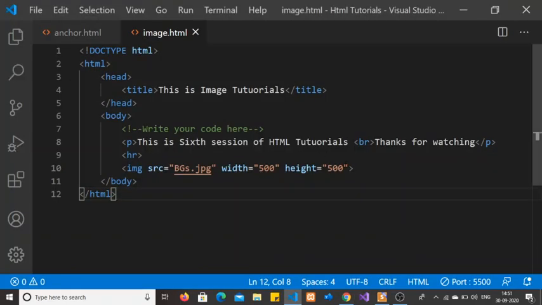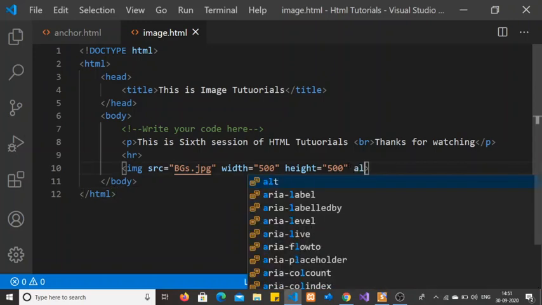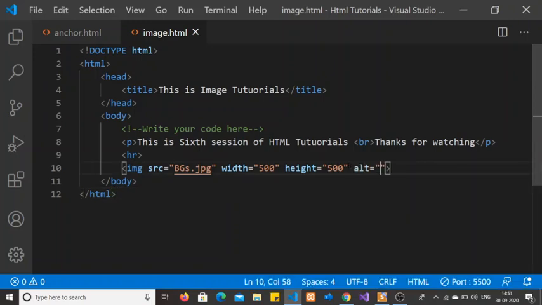In that case, we will apply one more attribute, the alt attribute. It will tell the browser this is a background image. Okay, let's again have a look.